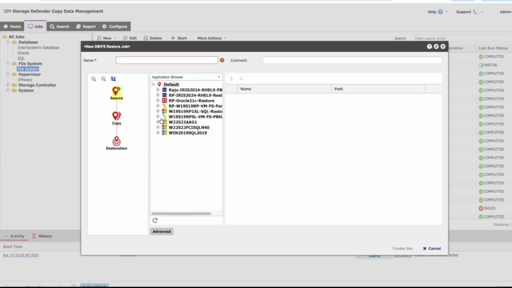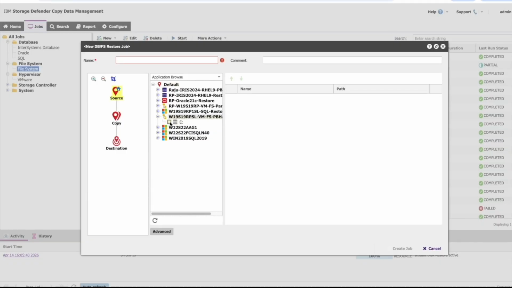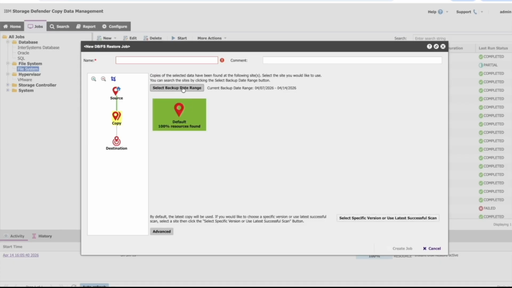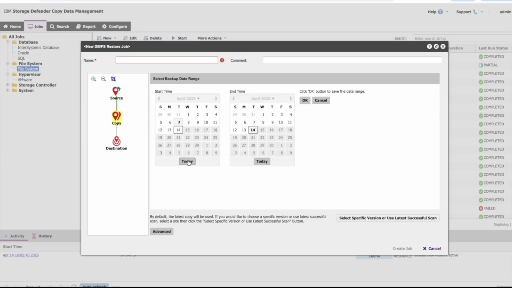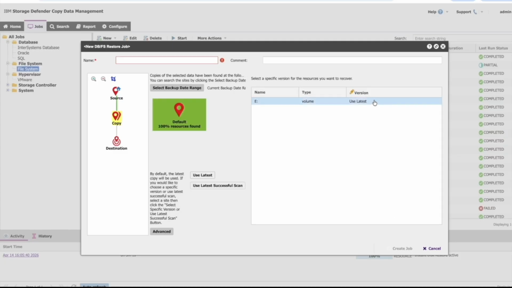Expand the default tab and select the source system for which you are going to restore the PBHA 3-site backup. Select the E drive. Select the backup copies by selecting the date range. As we took the backup today, I'm going to select today's date range, and then we'll select the recovery point